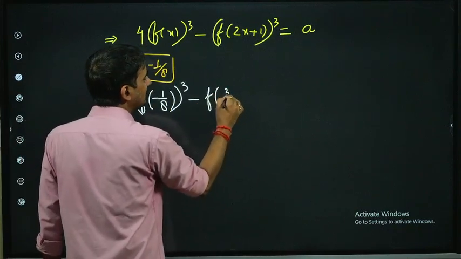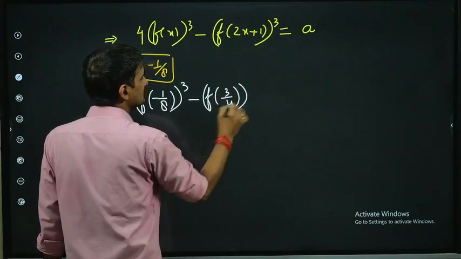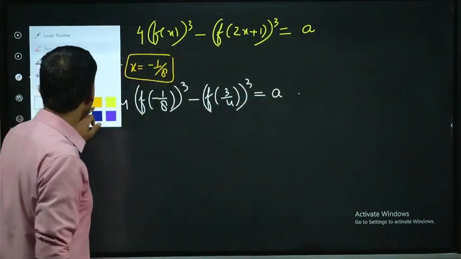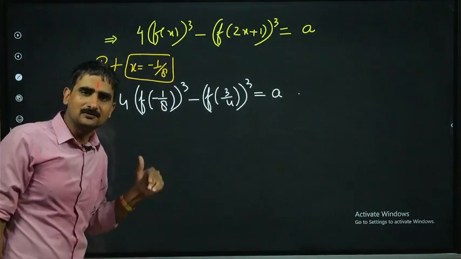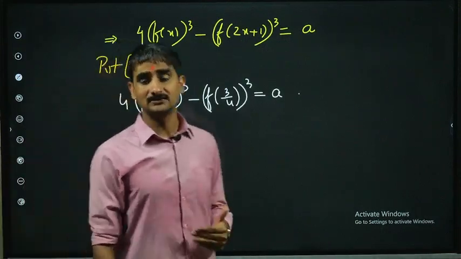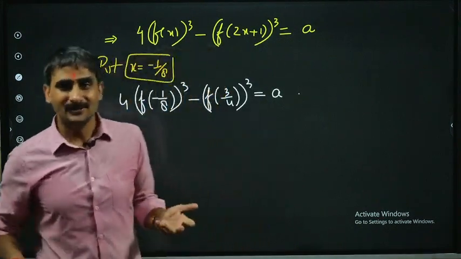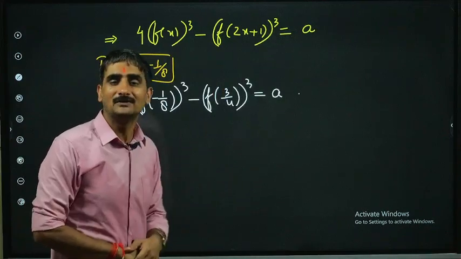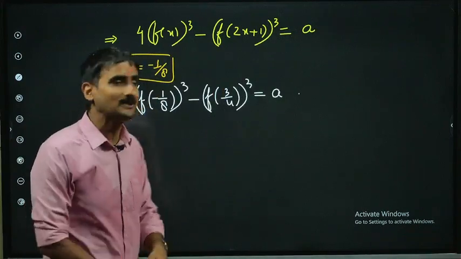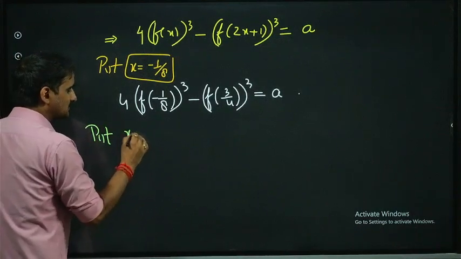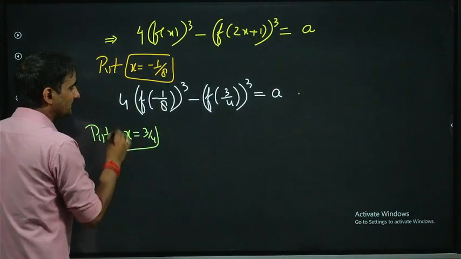So f of (3/4) whole cube, and this is a here. Now the point is that what we are given is the value of the function at minus 1 by 8 and its value at 6. We are not given the value of the function at 3 by 4, so we have to get rid of 3 by 4. Okay, so then I thought to substitute x by 3 by 4 in the same